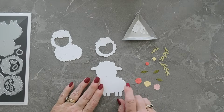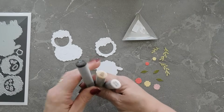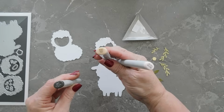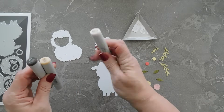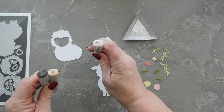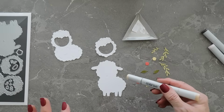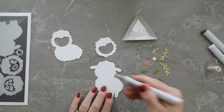What we're going to do is bring in some markers. Okay, I have 3 markers. I have a dark gray, I have a tan marker, which is E00. My dark gray is W7. And then I have some pink that's RV10. I'm going to use markers because I don't have a colored cardstock that is flesh toned. And so for me,